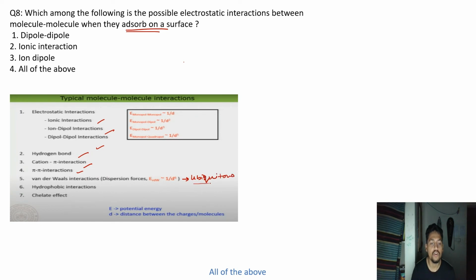So it is omnipresent. It is present everywhere. So obviously there will be van der Waals interaction. And normally in case of van der Waals interaction, let's say I have given this kind of molecule. So if it arranges like this, van der Waals is like the interaction. It is only interacting in this point and this point. And now if it is arranged like this,